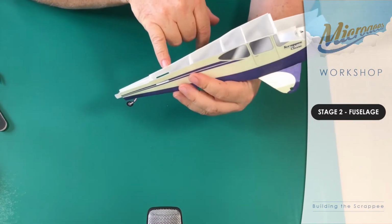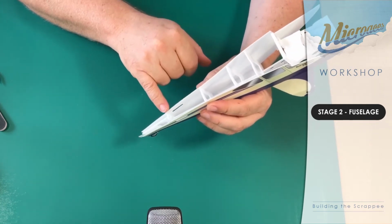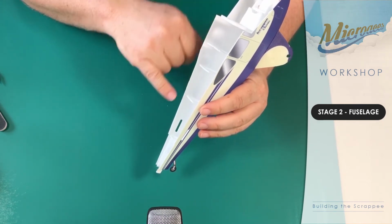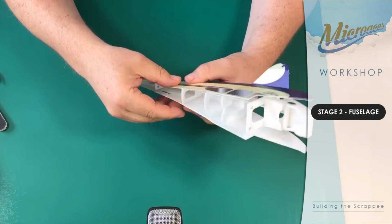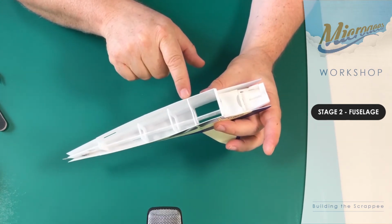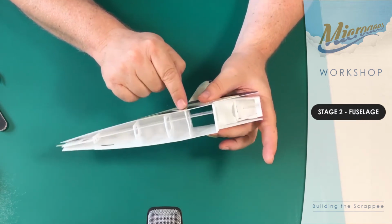Moving along the fuselage, the tops of the skin should come probably around about 1 millimetre above the 3 formers in the tail. The little beveled area that we produced before in the previous stage, that should just be nudging above those formers. Moving up to this particular former here, there's no beveling across the top here, and in fact the top of the skin should sit at the same level as the top, not the tabs, but the top of this particular